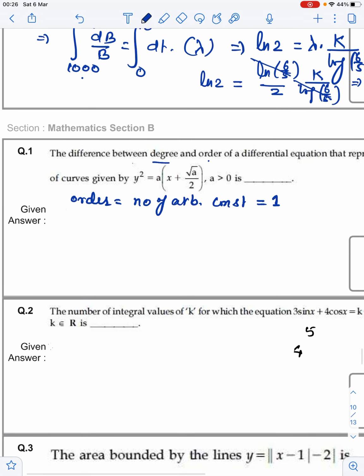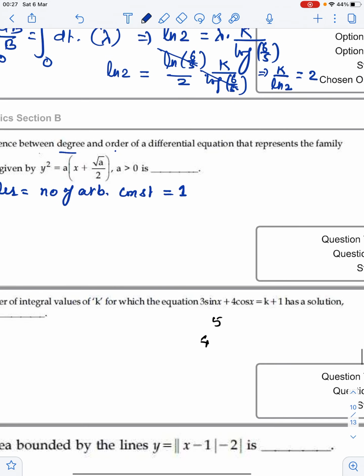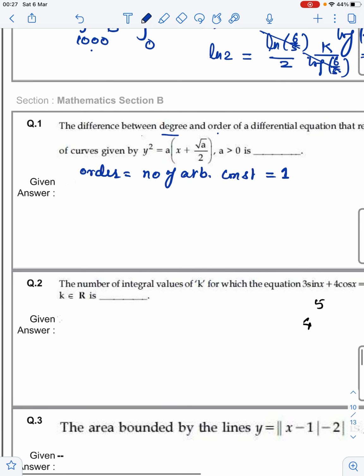Now degree is depending upon how you made the differential equation. So just to get A, differentiate it. So 2y y dash is equal to A only. The rest of the things are constant, so become 0. So from here we can get the A value, which is 2y y dash.